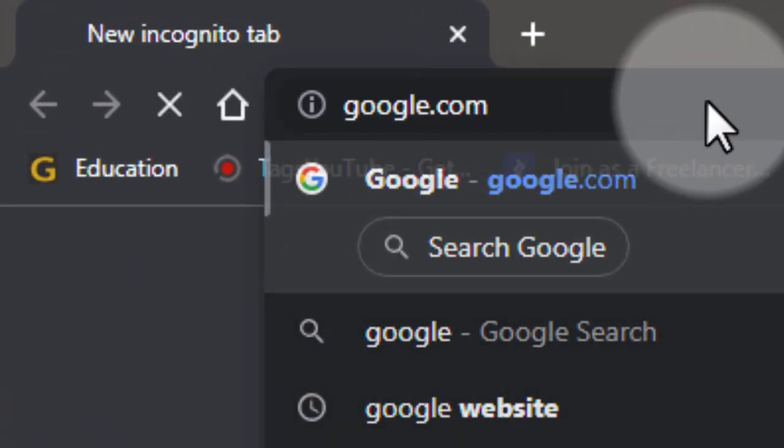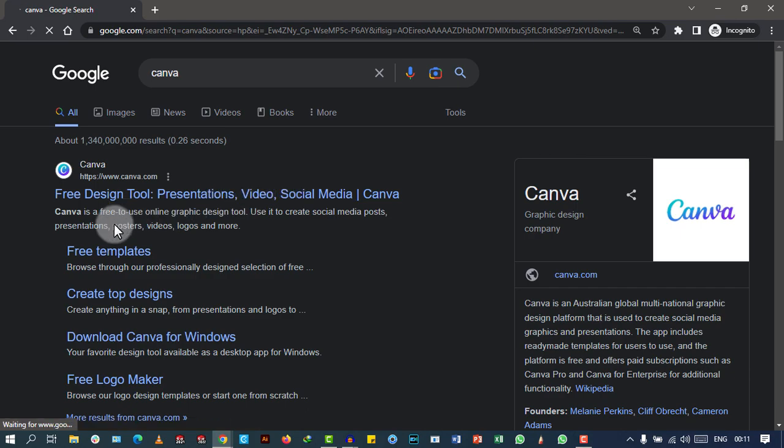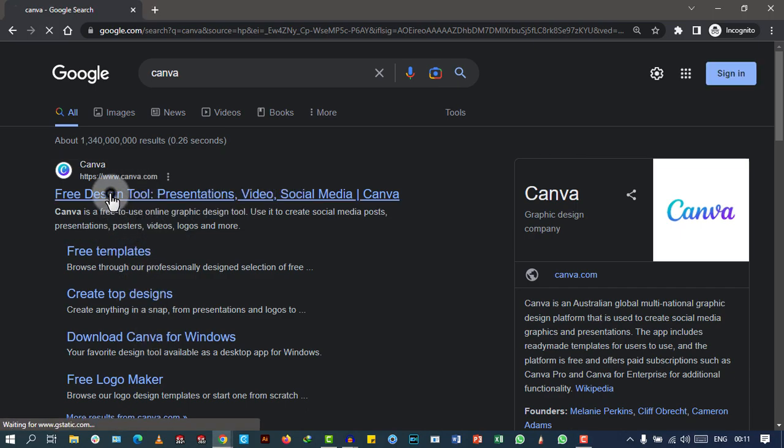If you go to Google and type Canva, canva.com will appear like this. If you click that website,